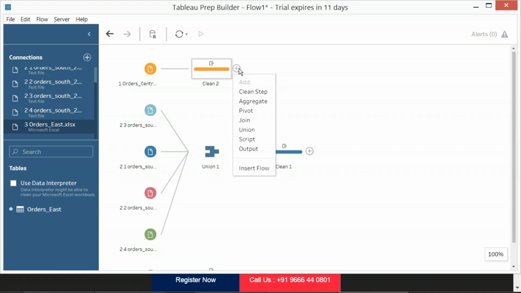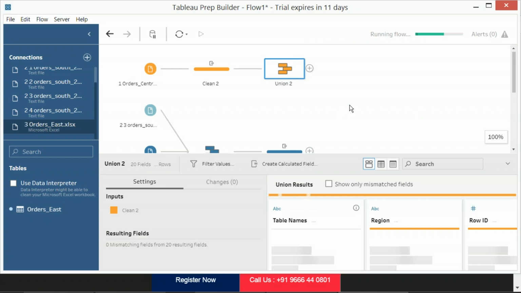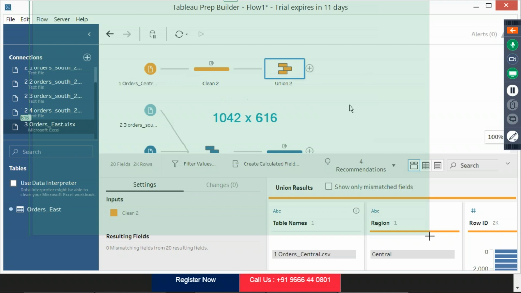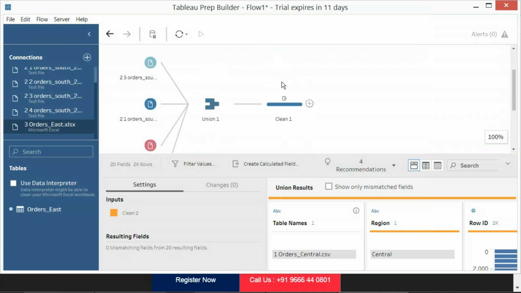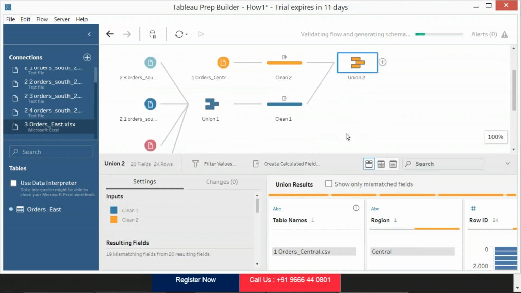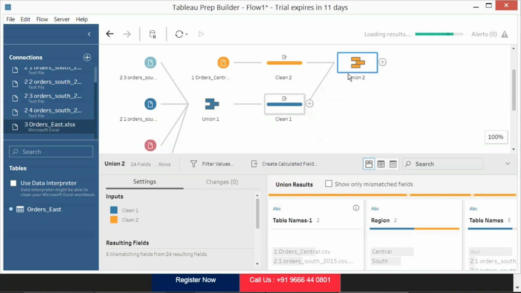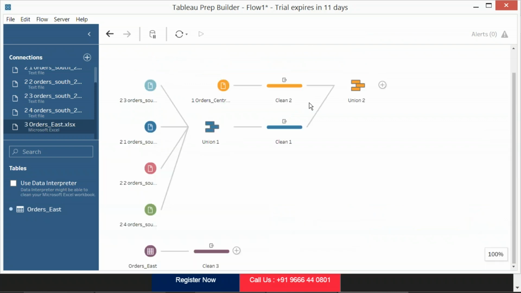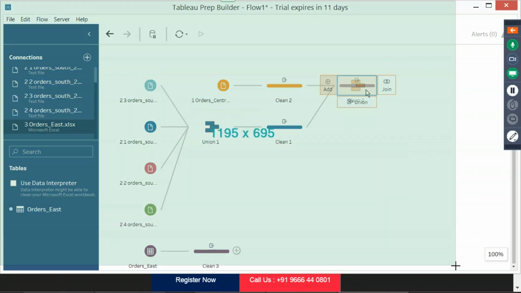Now this cleanup will be given to union, because our requirement is to get all regions' data into a single table. Here it is, the output of second clean is given to union. Same way here, select this clean 3 also into union.